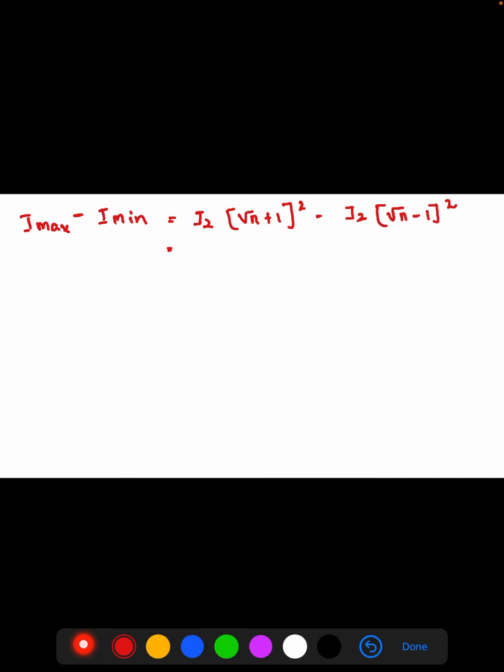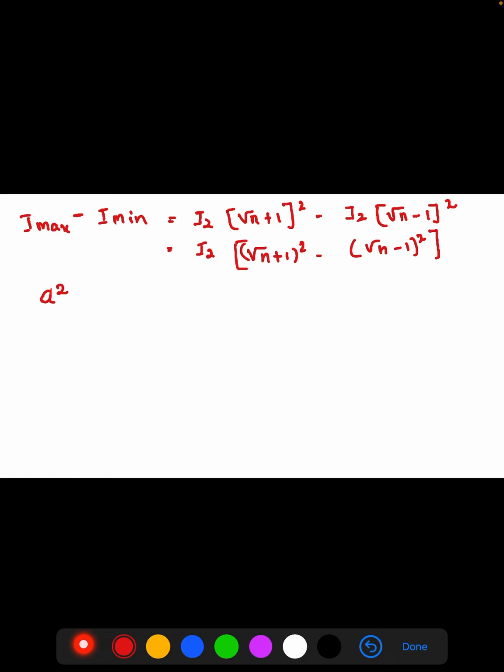Now I am going to take I2 from both. It is like I2 in the bracket, root n plus 1 whole square minus root n minus 1 whole square. Okay, so it looks like the formula